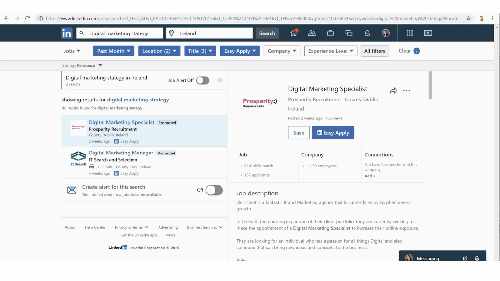Just because you see a job here doesn't mean that you can't look up who works in that team through the other parts of LinkedIn. So it's all about being a bit cute, it's all about being a bit clever, but it is also about being genuine. So there you have it. That's the difference between easy apply and apply. So best of luck with your job applications.